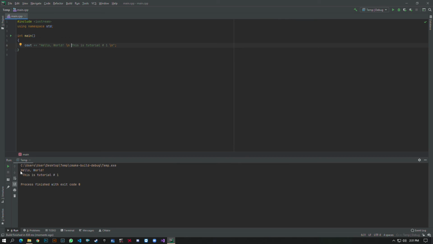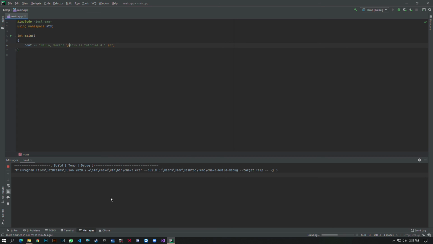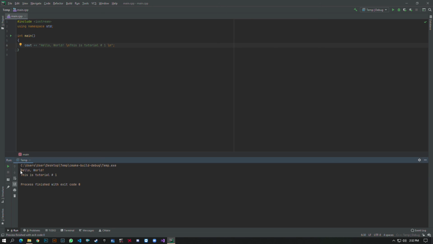As you can see, hello world was displayed, and after that this is tutorial number 1 was displayed on the very next line. But as you can see, there is one space right here. Why is that? When you are writing something in double inverted commas after the cout statement, anything that you write within these inverted commas would be displayed as it is on the terminal. This is our terminal basically. So as you can see after backslash n, there is this one space which I forgot to remove. I'll just quickly remove it and then run it. Now you can see it starts from the same position, and it runs till the end.